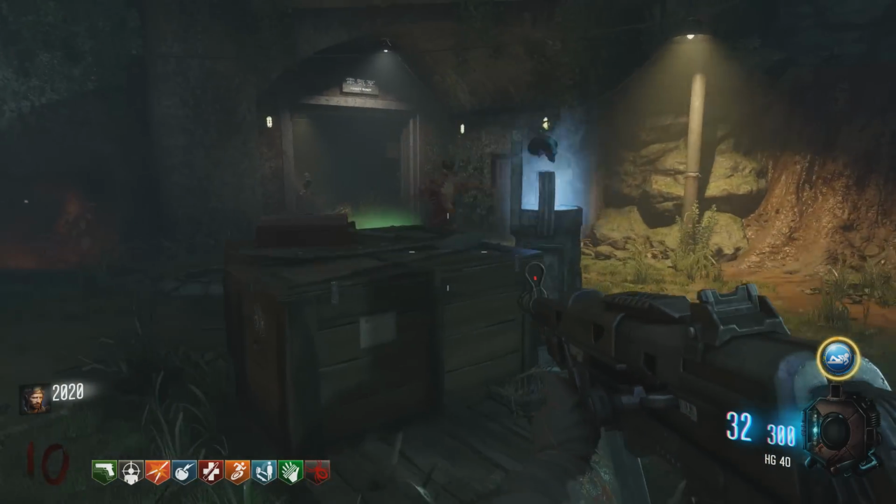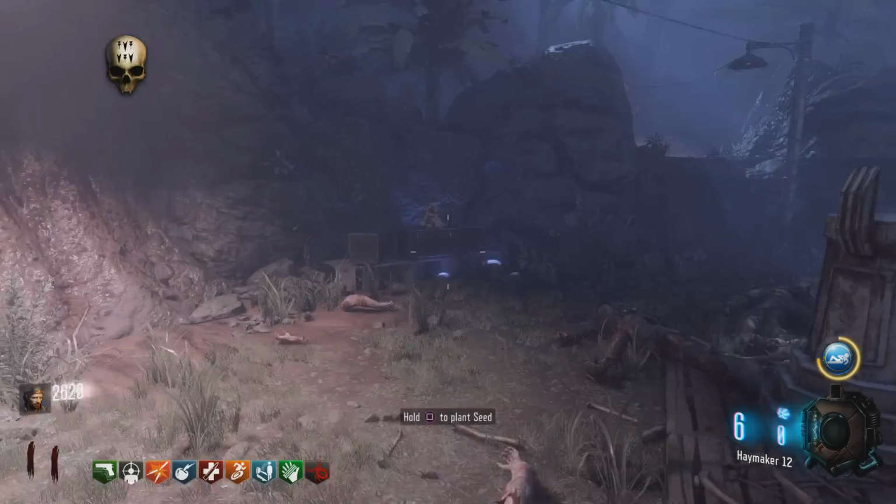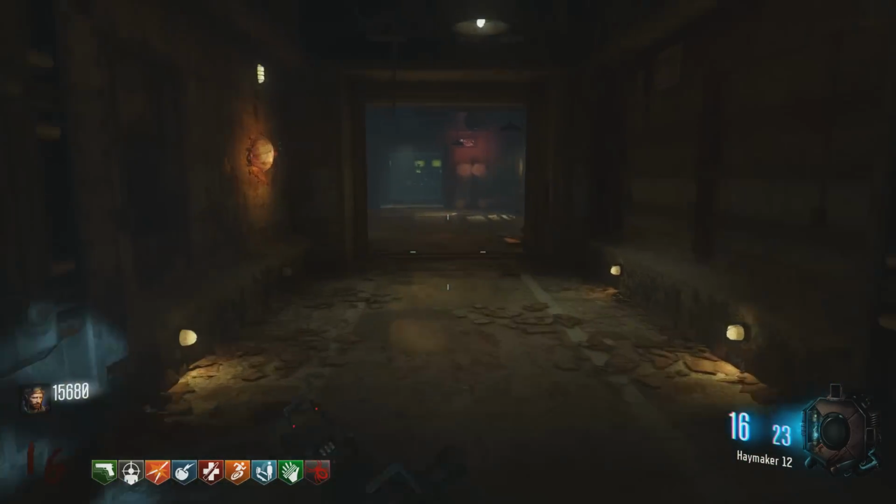Again, it kind of has the square or rectangular shape, and again, you need to kill off all of these baddies, and then you will grab the skull. It will now be cleansed. Take it back to the altar location, and then the last thing that you need to do is make your